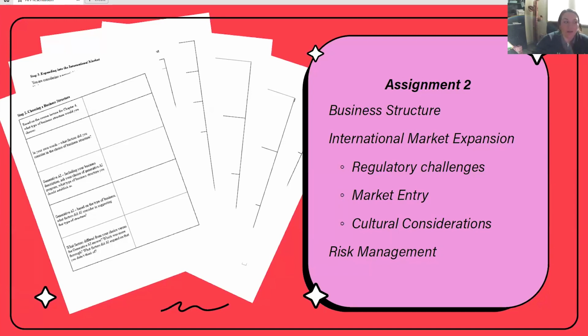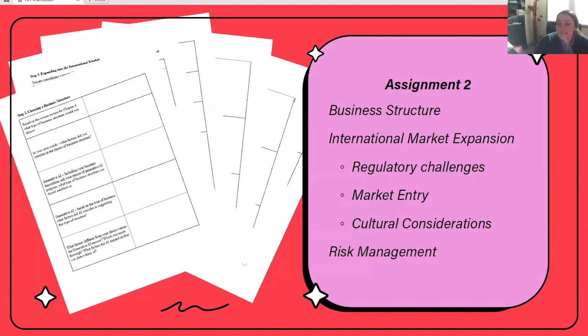They understood it a little bit better. With assignment 2, we also talked about expanding into international markets where they had regulatory challenges, market entry issues, whether they wanted to fully export and import products, or if they wanted a greenfield venture, things like that. And then any cultural considerations that they may have, if they were a cow-calf operation, looking at meat consumption in different countries. I was trying to expose some of those students to some of that,